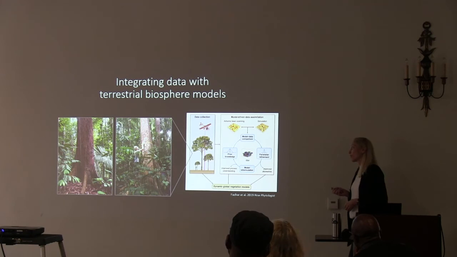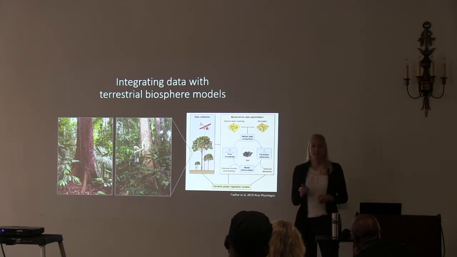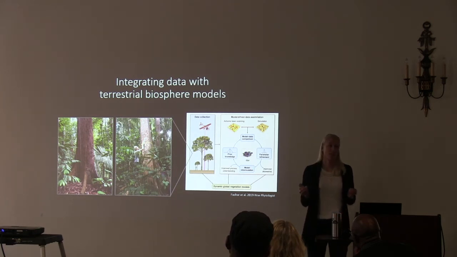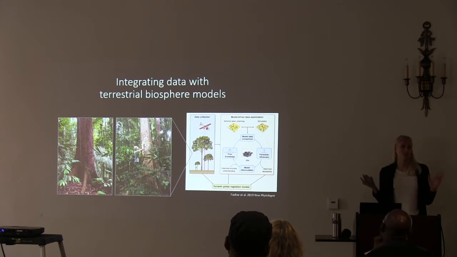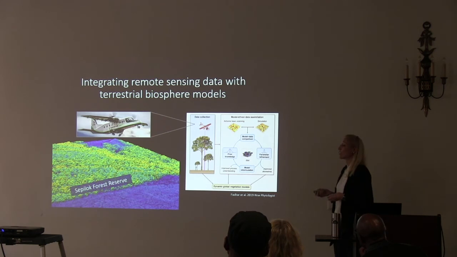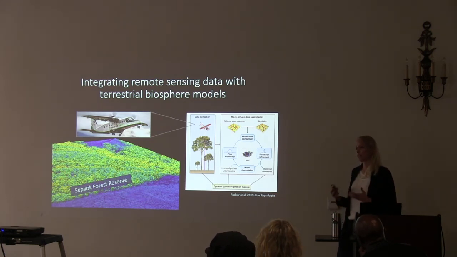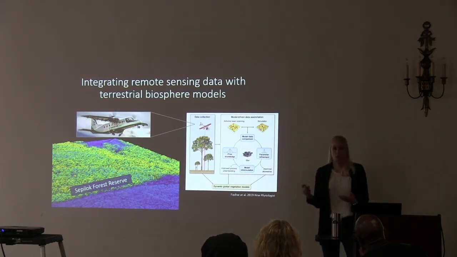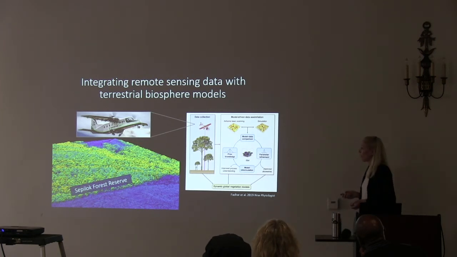But given the huge cost and often difficulty in accessing a lot of these systems, these plots only cover a very small fraction of these enormous tropical forest ecosystems. And again, we know that these systems are incredibly heterogeneous. So I think there's a huge amount of potential to use remote sensing data to capture some of these dynamics at larger spatial scales, in a way that's slightly more compatible with what we're trying to accomplish with these models. So today I'm going to talk about how I'm doing that in Malaysian Borneo, again,